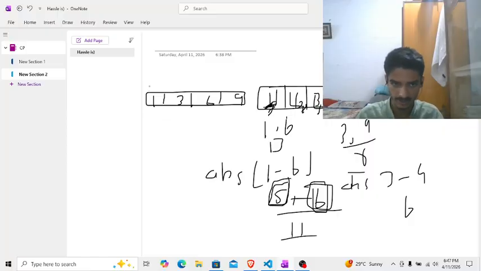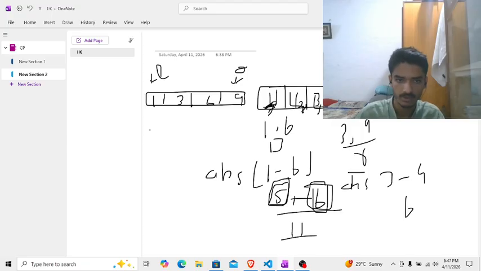Okay, we will simply set our pointers: one on the left hand side, and the other on the right hand side. Let's say this is our left pointer and this is our right pointer. Okay, so what we will do, we will simply